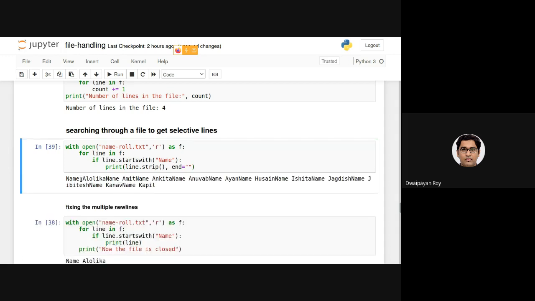So this space was there in between, but earlier after Alolika there was a \n character, right? Which was causing the next name, Amit, to be printed in the next line. Now, applying the strip function basically removes that last \n character which was there at the end.